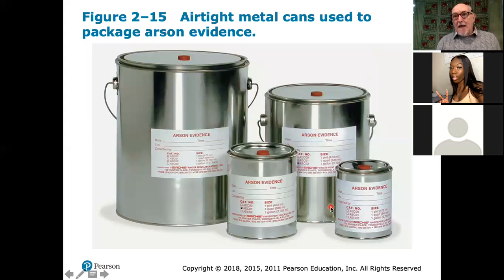These are canisters which are used in arson cases. And they are airtight metal canisters. The interior is completely non-reactive, so that it's not itself giving off any gases or anything like that. Any material collected at an arson scene is placed in here, and the lid is closed. And you'll see that they have a rubber bung, a cork in the top here. And that is so that